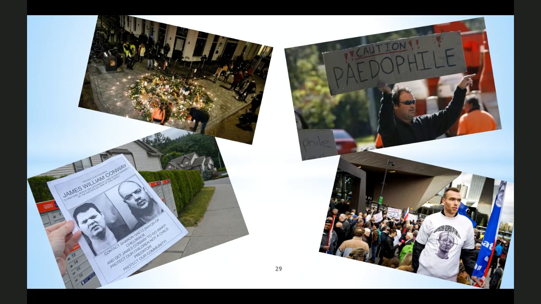The top left picture is a memorial service for an elderly Dutch man who was accused of being a pedophile and was consequently beaten to death by a group of angry people who tracked him down. And in the bottom right, you can see people protesting against the release of the murderer of the Dutch politician Pim Fortuyn. Now, of course, these are very extreme examples of escalating social unrest following the release of an ex-offender. The type of cases you hear about in the news, for instance.